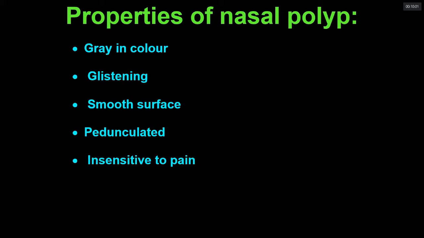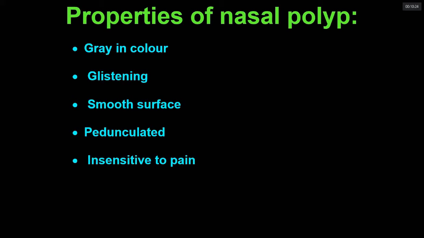When doing anterior rhinoscopy using the speculum, if we see a mass, we do a probe test. We take a probe and look for the sensitivity of that mass, its mobility, and its bleeding tendency. All of these things we do in the probe test. After the probe test is over, we do posterior rhinoscopy, where we put a mirror in the oropharynx and try to look at the nasopharynx.